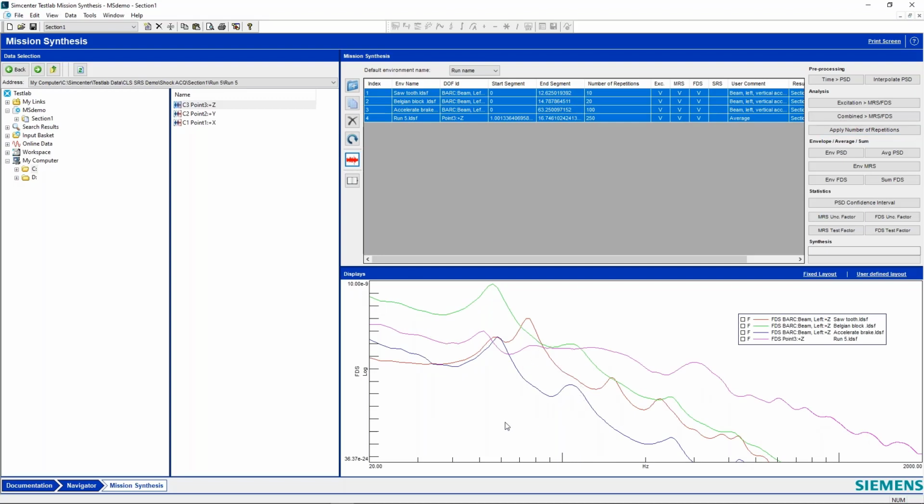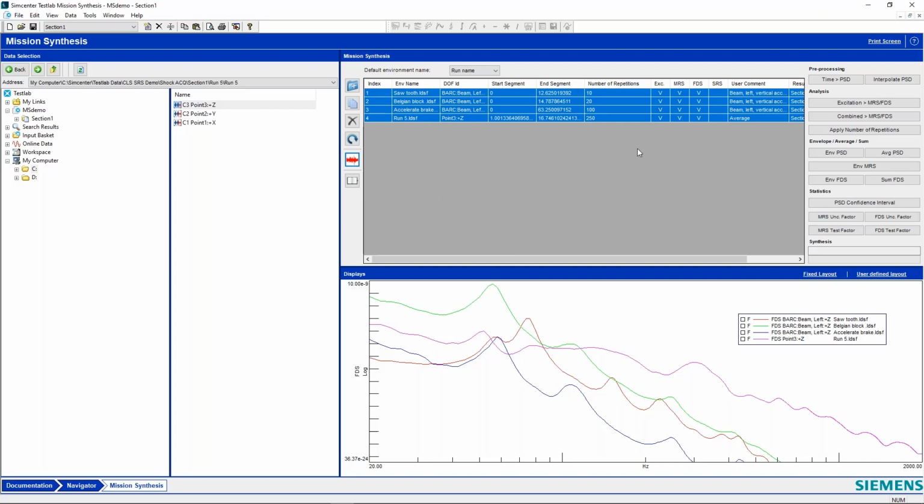I see for the first recording, it's 0 to 12 seconds. So a repetition of 10 means this would be as if it was exposed to 120 seconds of that vibration total. Correct. That's exactly right. Now for the shock event, since we just had one event in that time history, we also are basically saying, okay, we're going to repeat that shock event specifically 250 times to get this result.